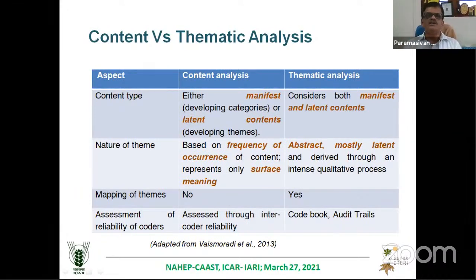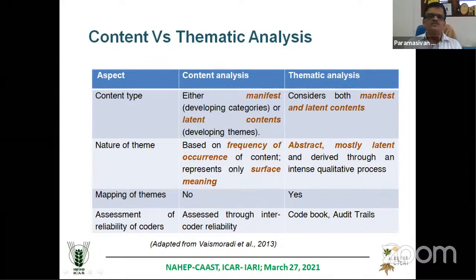But in this case, you will also look at the context. They will be saying labor is not available. So you will note that 5 times they said labor is not available. But in 3 times out of these 5, the fellow might have told, I have family labor, but outside labor is not available. Please remember, you will be simply looking at the word labor. But actually he might have told that I have the family labor, and apart from this, I need 2 more laborers, and they are not available. So if you look at the context, the same sentence will have a different meaning. So in thematic analysis, you will be looking at the context there.